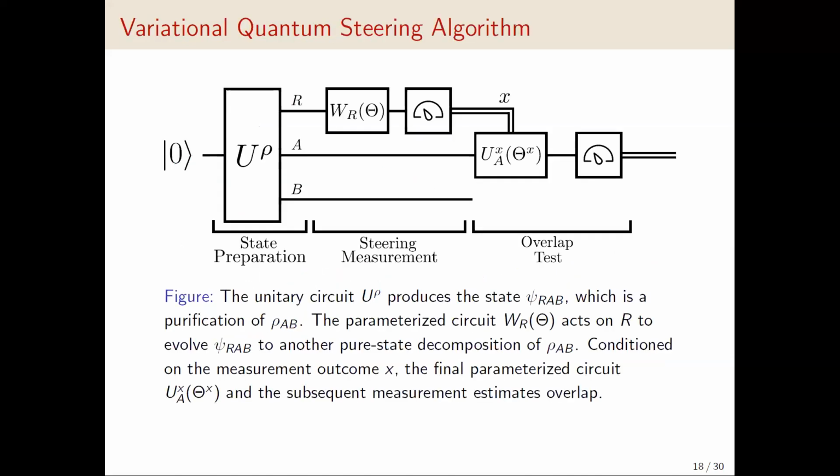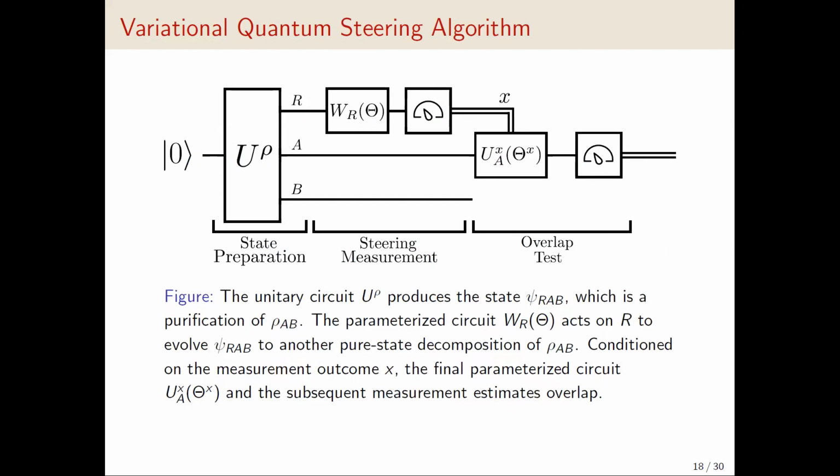variational quantum circuit, which is where we prepare the state and we do a steering measurement. And in the steering measurement, we rotate. So W_R of theta is a parameterized circuit whose parameters we can control. And then we apply the standard measurement, which is a measurement in the computational basis. And then depending on the result x,